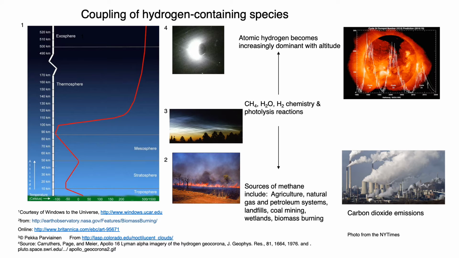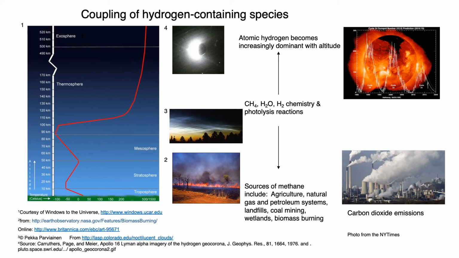Here we will briefly review a coupling of hydrogen-containing species between different altitudes. The cold tropopause prevents much of the water vapor from the troposphere from entering into the middle atmosphere, although some does enter into the middle atmosphere via highly energetic convective storms. Methane, however, can pass through the tropopause and thus contributes significantly to the hydrogen budget of the middle and upper atmosphere. In the middle atmosphere,